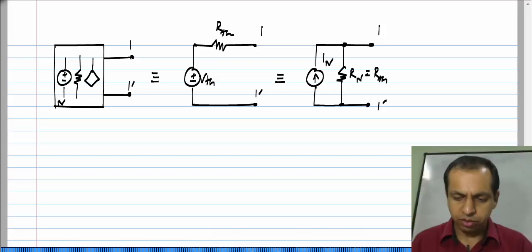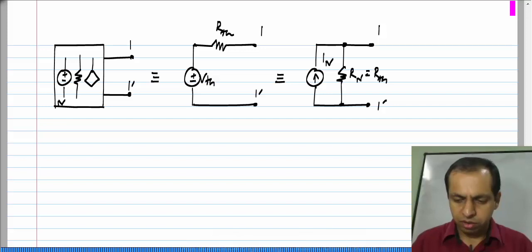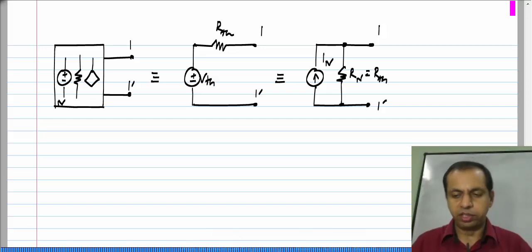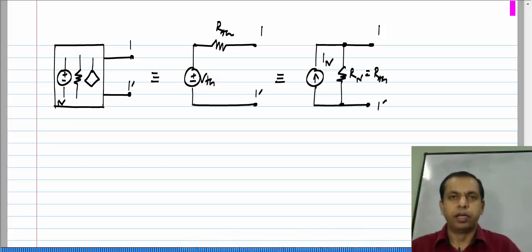RN of course is equal to RTH. Again, the equivalence holds for the circuit between these two. Again, the equivalent holds at these two terminals 1 and 1 prime,